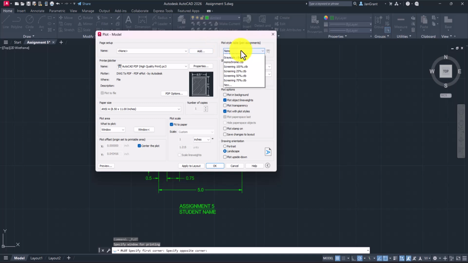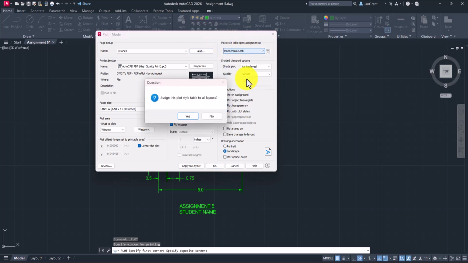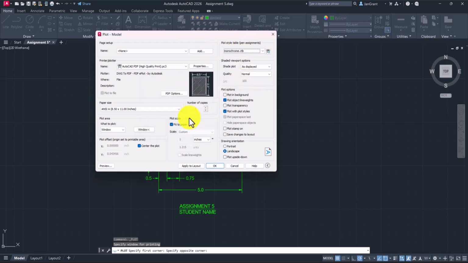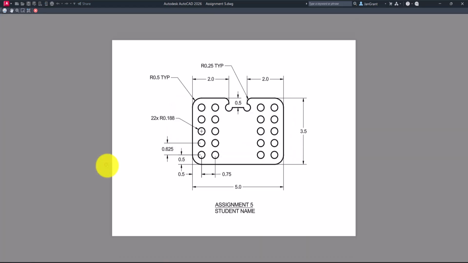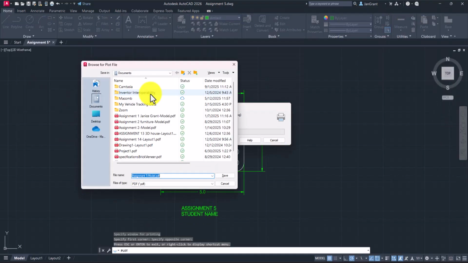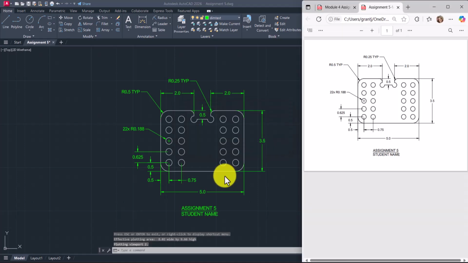At the top right, change none to monochrome CTB and pick yes. And then importantly, we want to pick apply to layout right here. Apply to layout and then preview. And there's your preview. And you're ready now to either click the printer in the top left or right click and pick plot. And then you can put that file in your folder system,